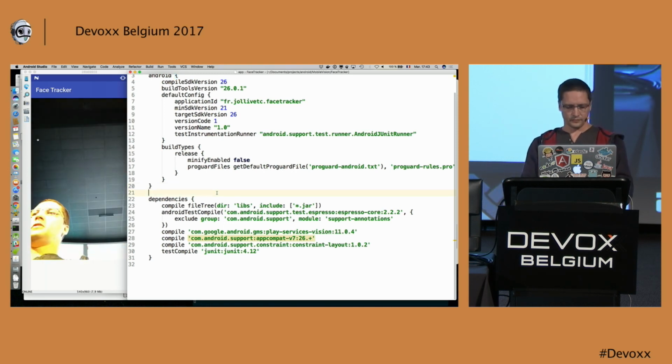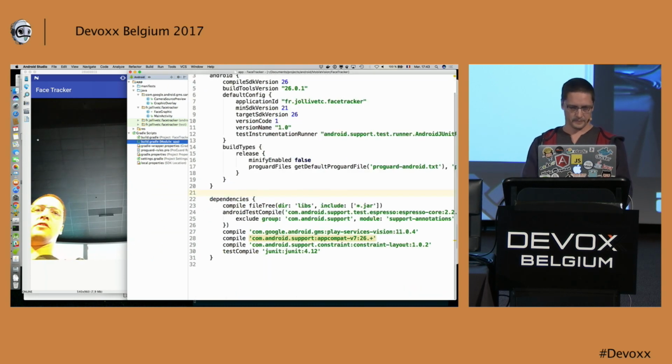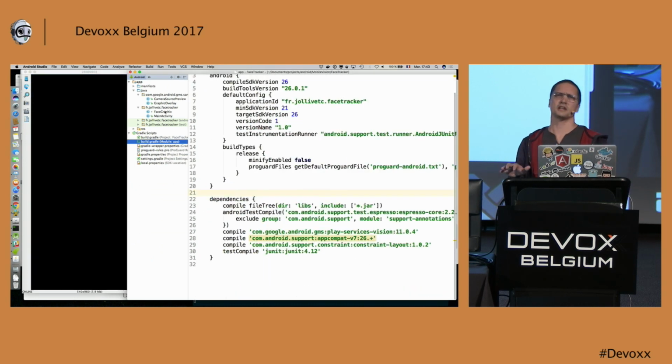What I use is two classes: Camera Source Preview, which is a class provided by Google, which allows me to display the feed from my camera. And there is a Graphic Overlay, which is a class that sits just above the Camera Source Preview and on which you will be able to draw.